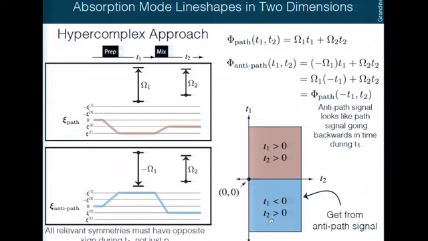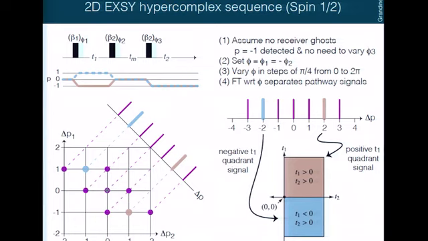That allows us to get this quadrant, so we can now Fourier transform from -infinity to +infinity. All right? So that's how you do hypercomplex, but you need to get the other pathway. So for example, let's take again a spin half system, but a 2D exchange experiment. The 2D exchange experiment is like a stimulated echo experiment, but not. It's actually P equals -1, P equals -1, and then the anti-pathway is going to be the stimulated echo experiment of +1 and -1. So we need to acquire both these pathways to get the 2 quadrants of T1,